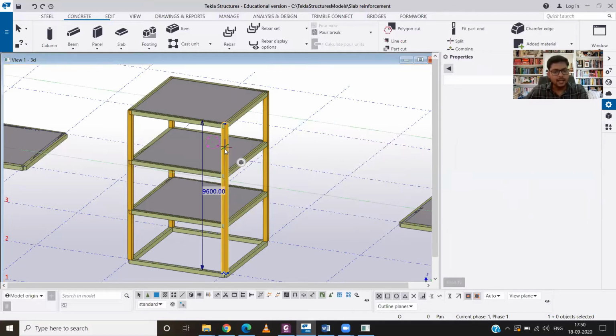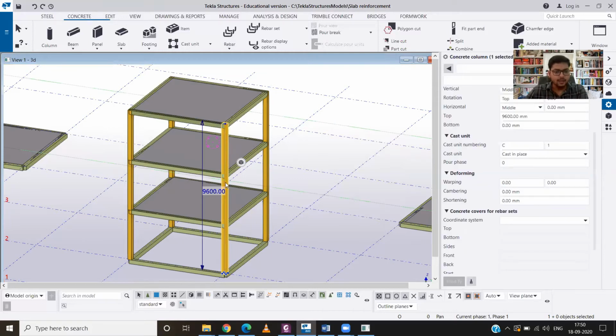You can see I have constructed a column from the bottom to the top of the model, and this column is a single column. If you will use any app to provide the reinforcement in this column, then it will provide the reinforcement all over in the same way.